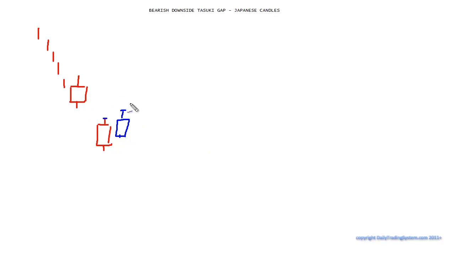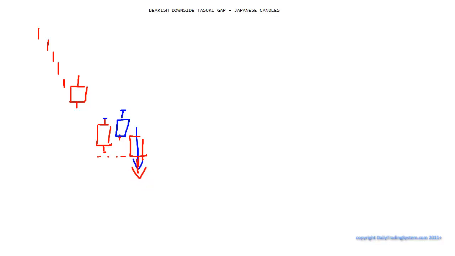But in this particular case, we have the same kind of abandoned baby formation, except rather than a continuation up, we should see a continuation down. So the next candle that comes in needs to be a red candle, okay, but it needs to close lower than the previous low. Well, if this previous low is a down candle, at least that's my rule, it should really close lower than this one. But I'd like to be extra certain and make sure that the sentiment is actually there, and to see if it actually closes lower than that one,